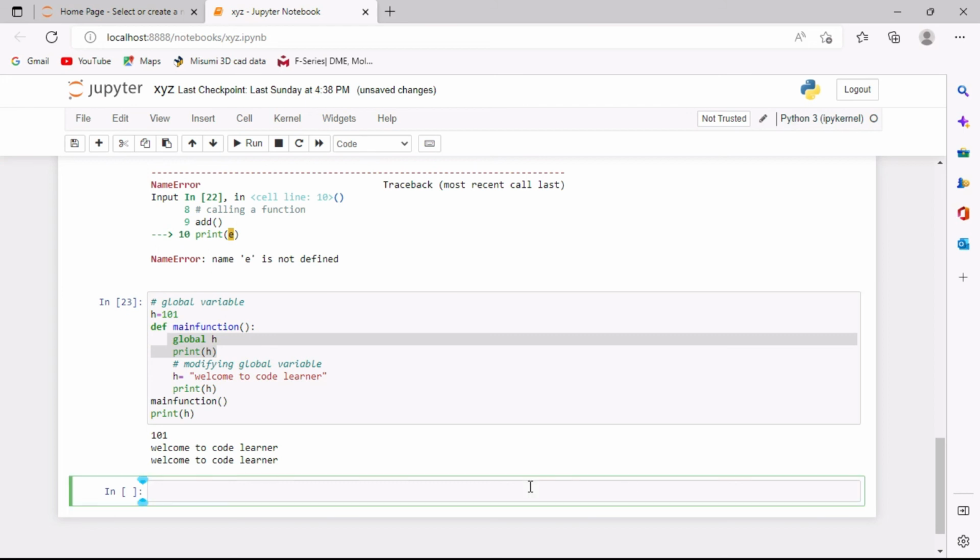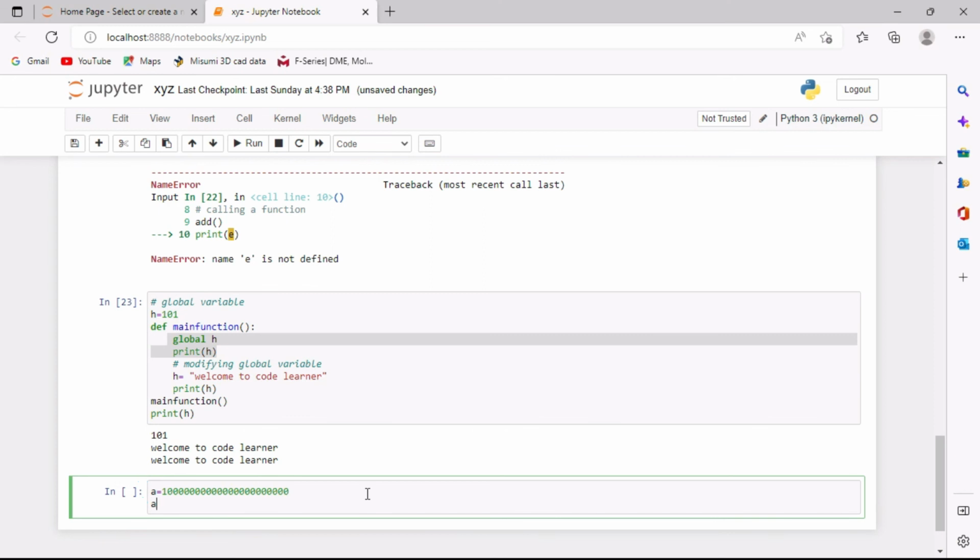One thing we have to understand is that in Python there is no differentiation like we have to define int, long int, and others as in different programming languages like C. I am taking an example: if I am giving a equal to a long value and printing this, in C we have to give long int, because this is a very long integer. But now if I am adding a equal to a plus 1, and I am printing